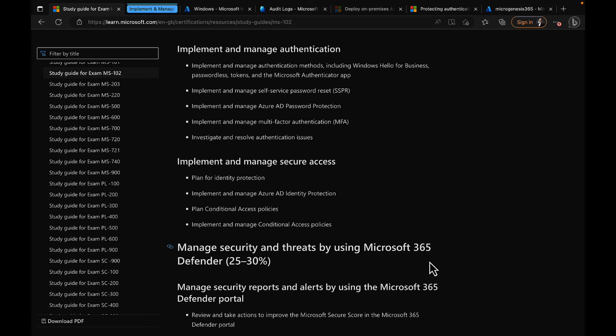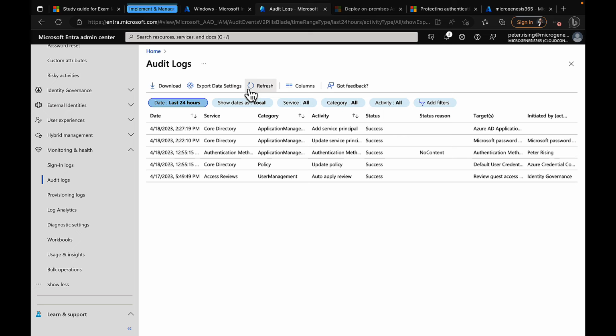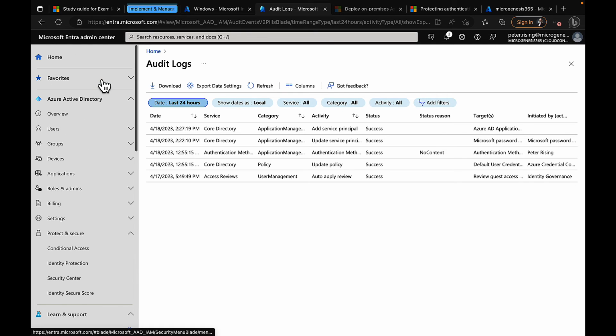Okay, so last couple of sections in Implement and Manage Authentication. Let's take a look at multi-factor authentication, or MFA, and then we'll finish off with investigating and resolving authentication issues. So MFA first, let's get ourselves back into the Entra portal, and